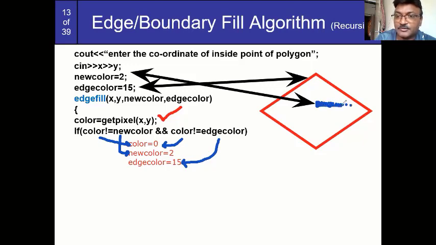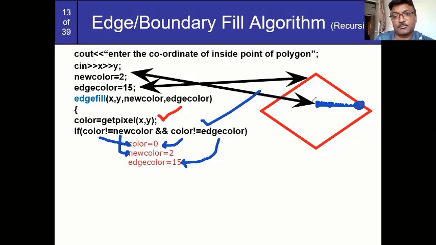म्हणजे हा एक एक एक एक पिक्चर असा ड्रॉ होणार आणि एजला काय होणार बघा आपण एजला आल्याबरोबर काय होणार कंडिशन फॉल्स होणार. This is on the edge. When you reach the edge, this condition becomes false. Which condition? This condition. How? See, this becomes 15. Color becomes 15 and edge color is again 15. So is 15 not equal to 15? No. 15 not equal to 15 is a condition not satisfied, not true. So at that time you have to stop here. Now again on the edge you have to stop.